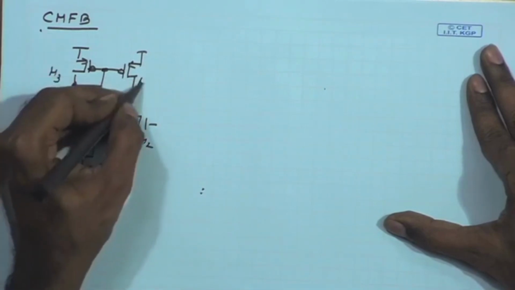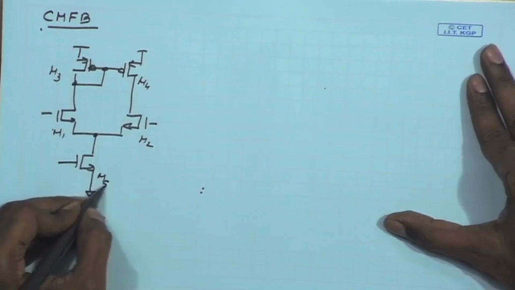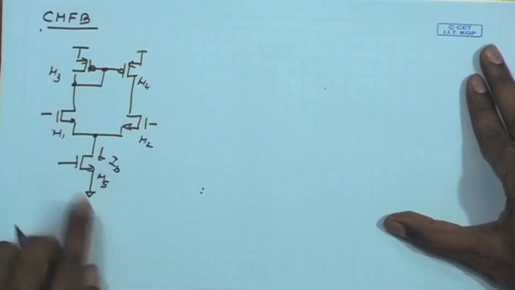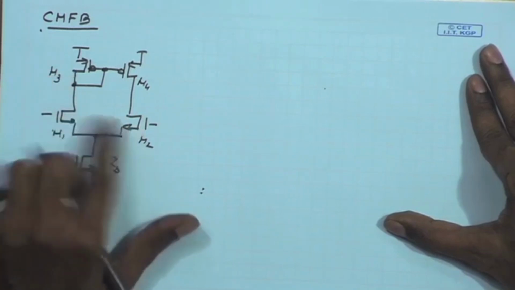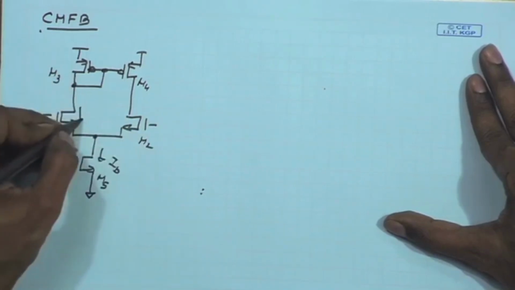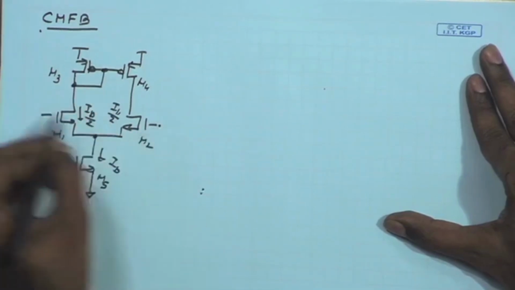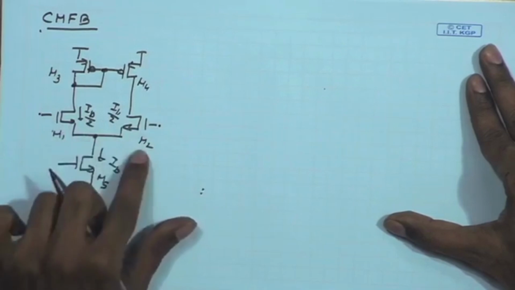Here we know that if you are pumping a DC bias current I bias into M5, the two transistors are going to sink IB by 2, provided you have the same DC bias condition for M1 and M2, and M1 and M2 are well matched,